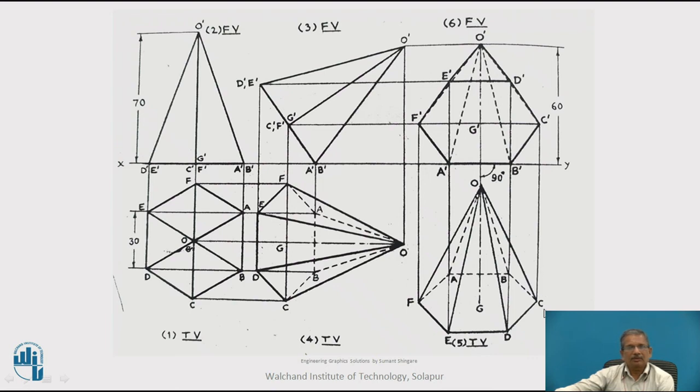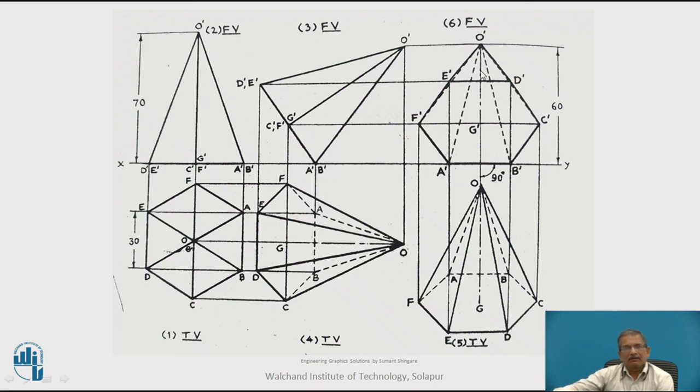So this total hexagon will be visible to the observer. As the apex is away from the observer, the base is towards the observer, so this total base hexagon will be visible. So join that, now see AB, BC, CD, DE, EF and FA. All these lines will remain dark, though those lines were dotted in the top view. According to these conditions, it should be dark. So A, B, C, D, E, F will be a hexagon with a dark line.